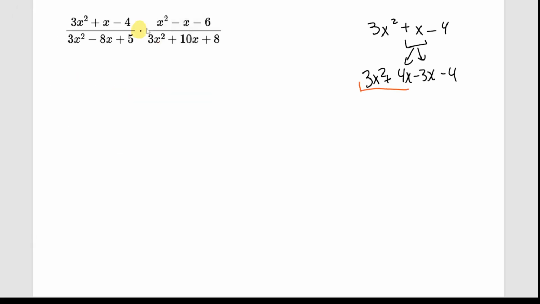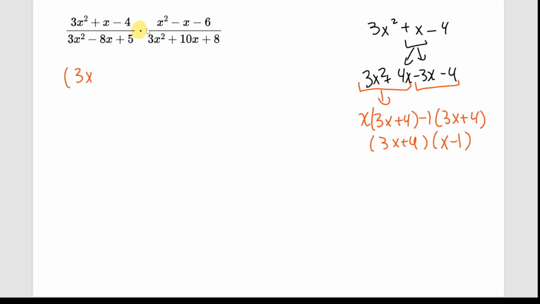Then we're going to want to make our two groups and pull out the greatest common factor of each group. Between 3x squared and 4x, their greatest common factor is x. 3x squared divided by x will leave us with 3x. 4x divided by x will leave us with 4. Negative 3x minus 4 has a greatest common factor of negative 1, which will just end up flipping the sign on both of those. Now they have 3x plus 4 in common, and x minus 1 is what would be left after dividing out the 3x plus 4. So that means we've got 3x plus 4 times x minus 1